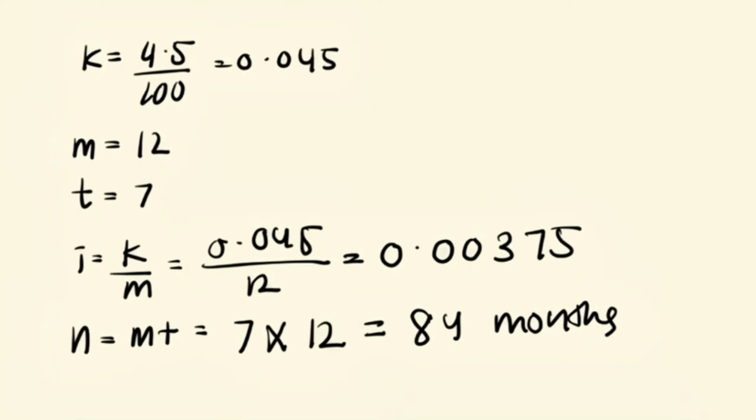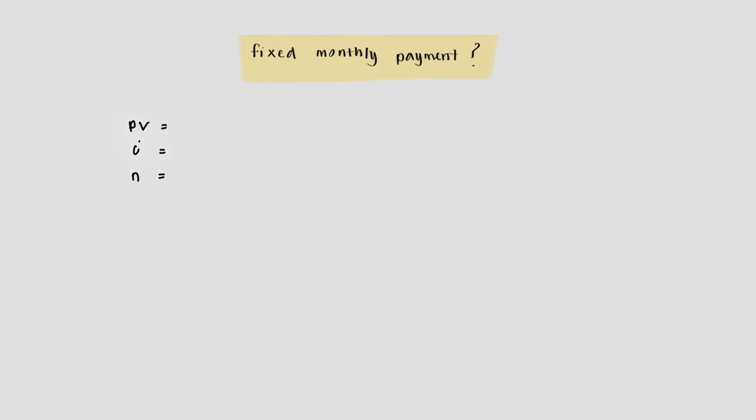Now, let's see how we find the monthly payment. Next, we will calculate the fixed monthly payment. First, we identify the information that we already know. The loan amount, or the present value, is 139,320 ringgit. The annual interest rate is 4.5%. Since the repayments are made every month, we will divide the annual interest rate by 12. So, the monthly interest rate is 0.00375. The loan will be repaid over 7 years. Since there are 12 months in a year, the total number of monthly payments is 7 times 12, which equals